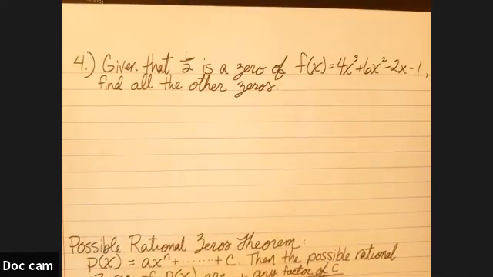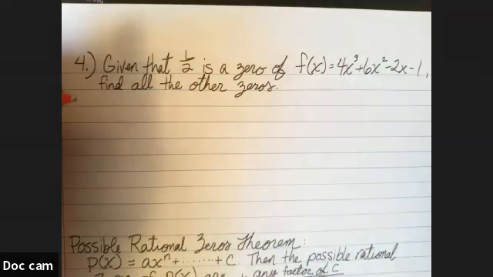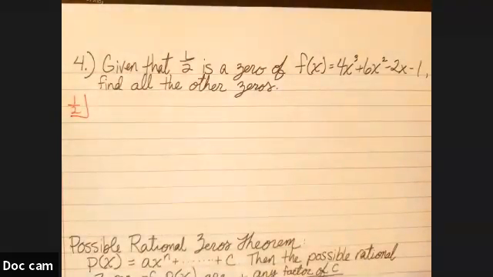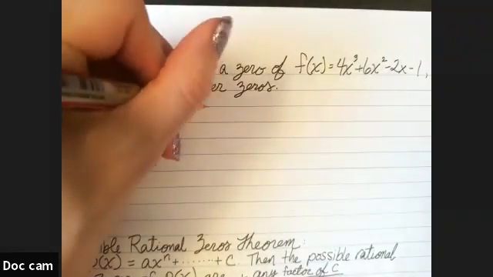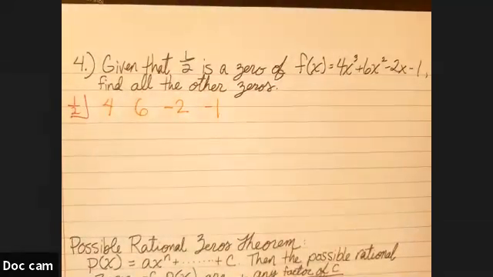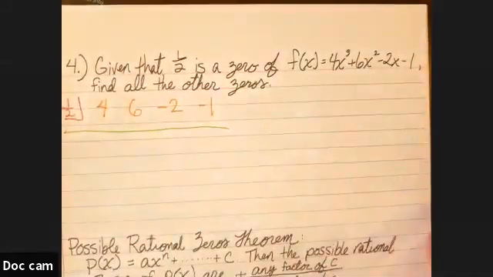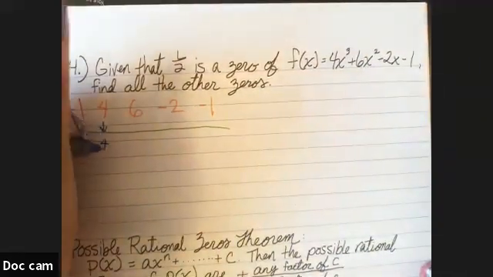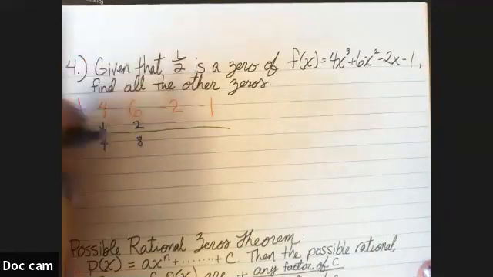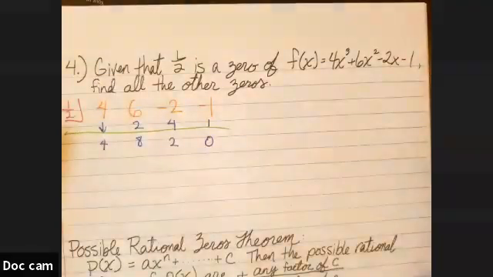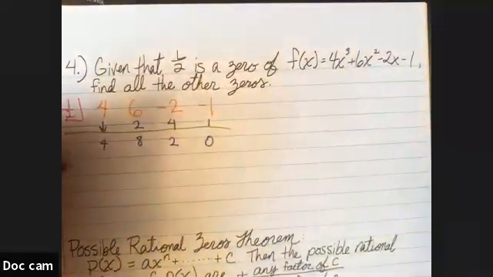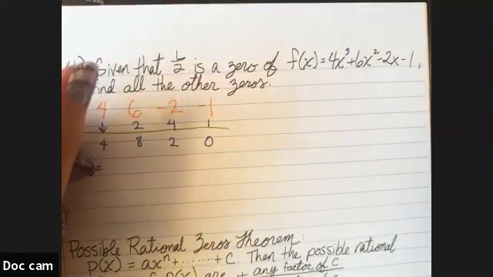All right. Given that 1/2 is a 0, find all other zeros. Okay. So that means I'm going to put 1/2 in the box. And then I have 4, 6, -2, -1. 4, 2, 8, 4, 2, 1, 0. So now I know that f of x equals